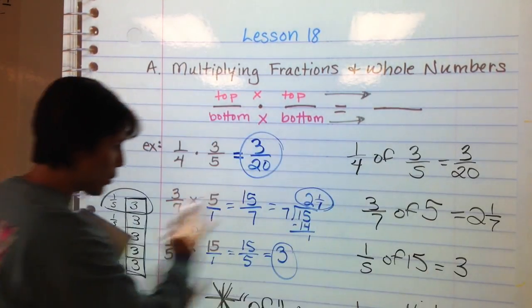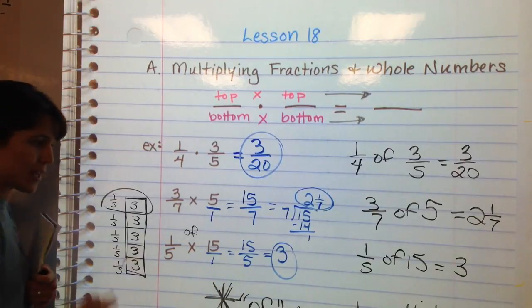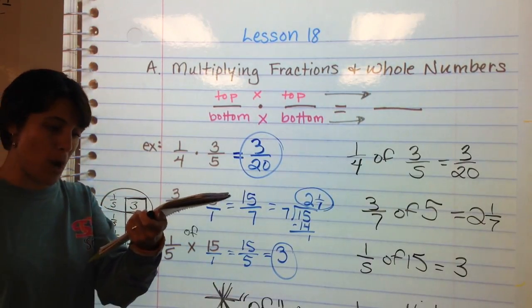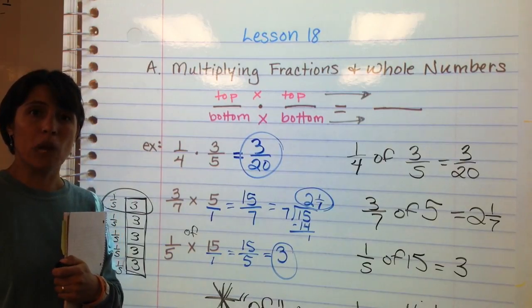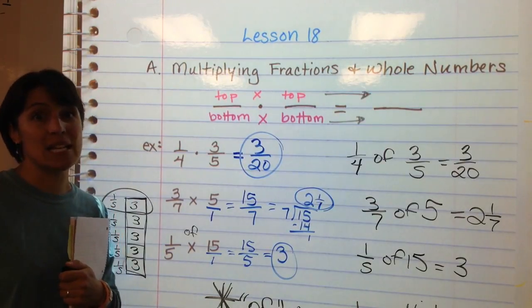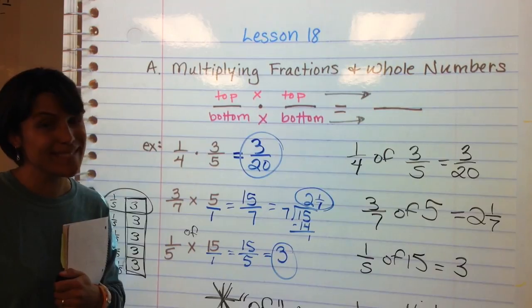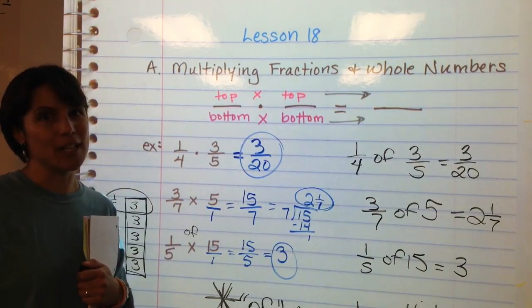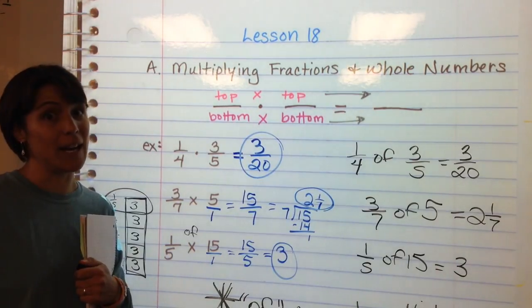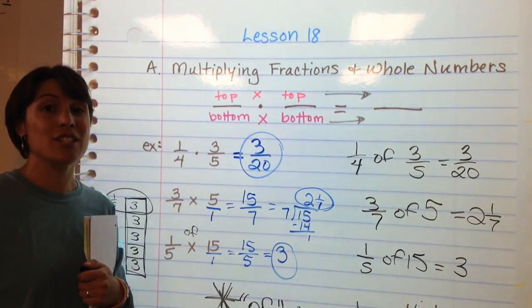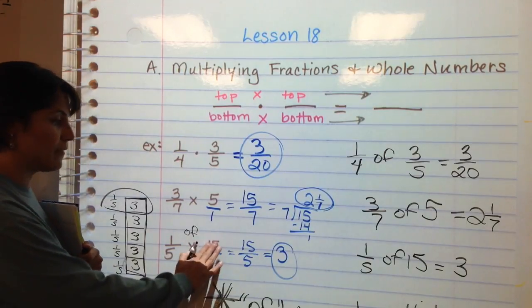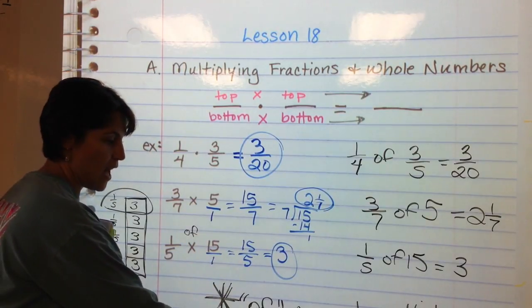And I tried to just prove that to you right here using these fractions. And if you don't believe me, you can go look on page 65 in your book. It's written there too. Now, last thing I want to leave you with is I didn't say out of. That's something else. 3 out of 5 is division. 3 out of 5 is division. Okay? I just simply said the word of. So, 1/5 of 15. That, in this case, of by itself